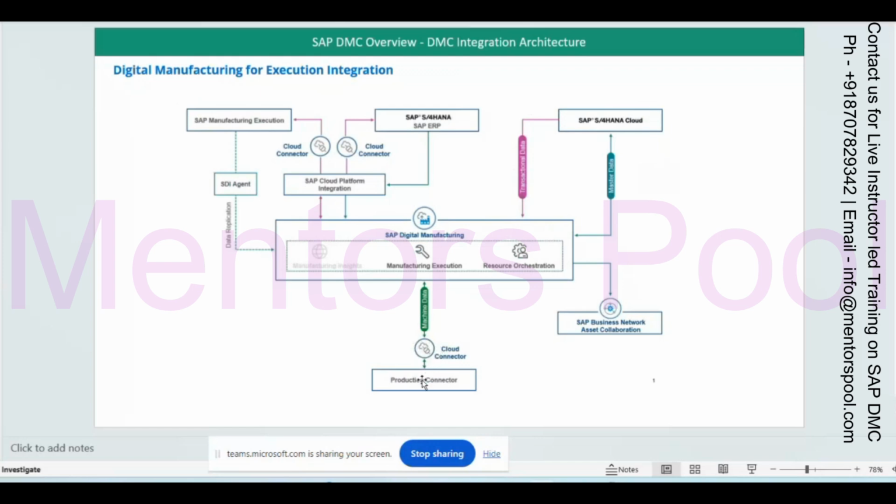And when your on-premise system, Pico or plant connector, is visible to the cloud through the cloud connector, then it will be connected to digital manufacturing. So one thing you can remember: whenever an on-premise system needs to be integrated with the cloud, the cloud connector is needed.